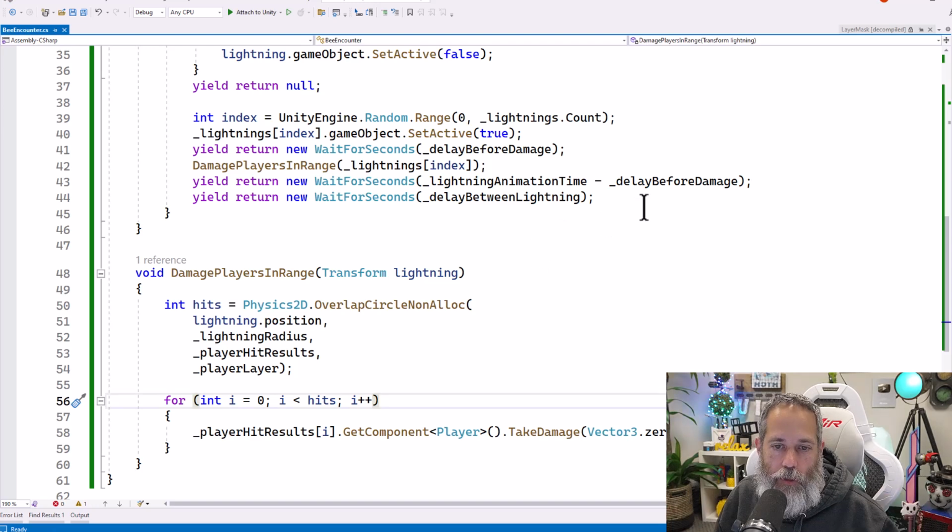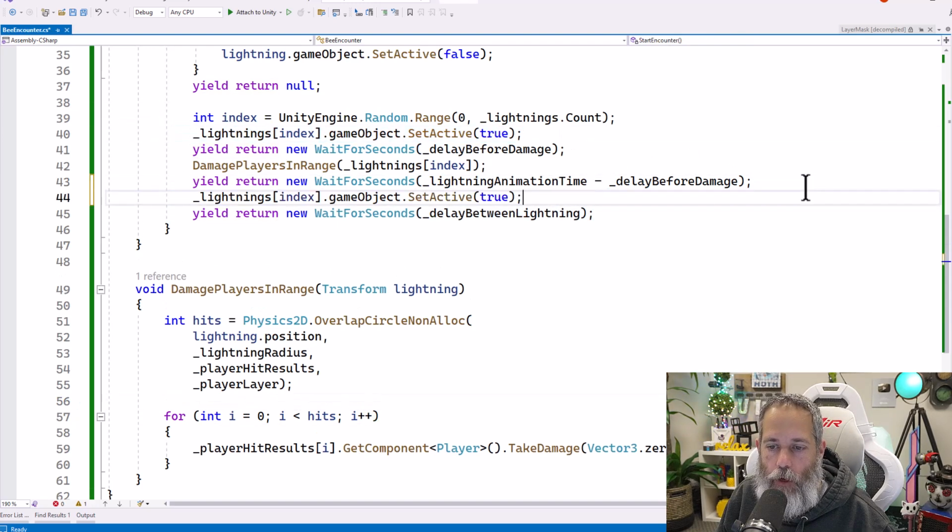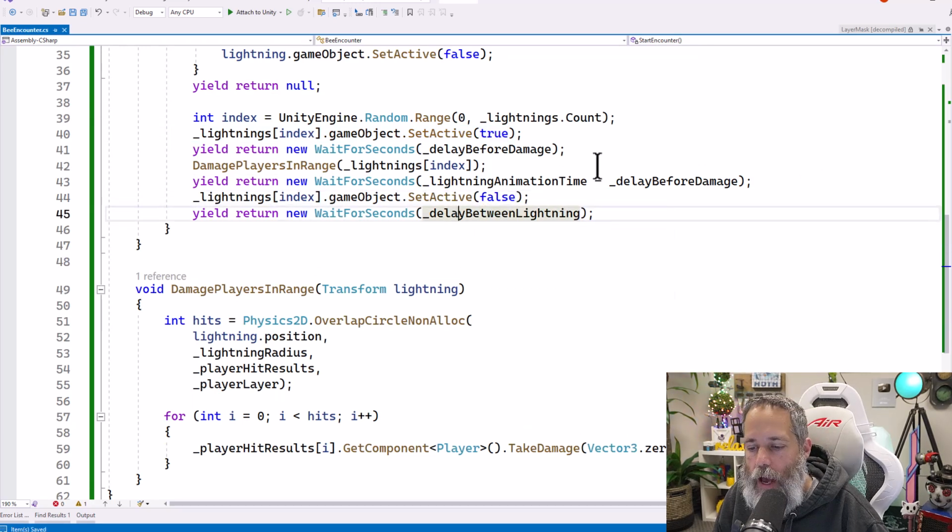Now, before I jump back into Unity, there's one other thing that I just forgot about, and you may have noticed as well, that I'm not turning the lightning back off after the animation's over. So I'm going to copy line 40 here and paste it right after 43. We'll change this to be a false so that we turn the lightning object back off after the time has run out. Let's go back into Unity,